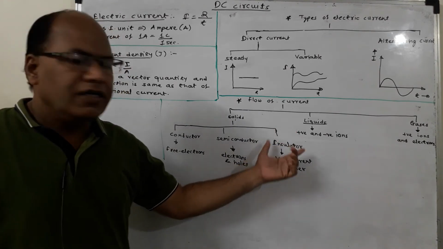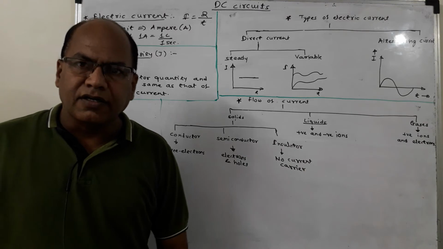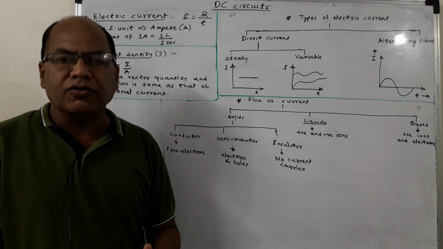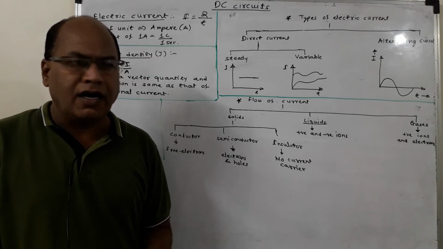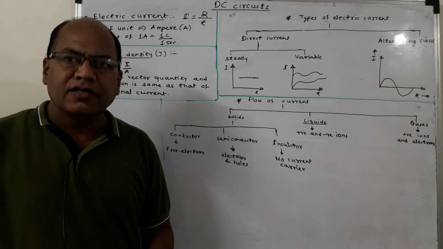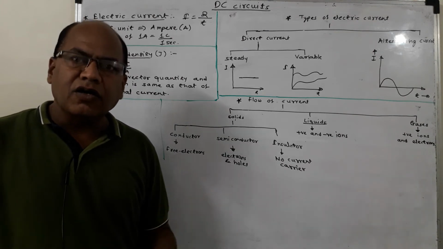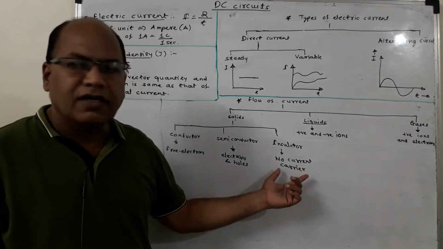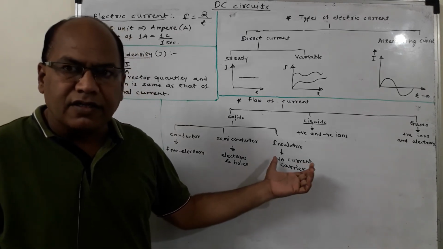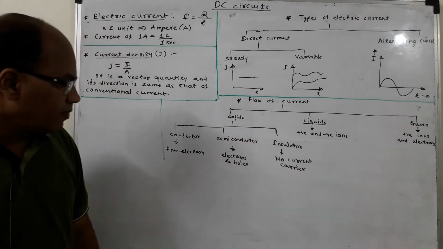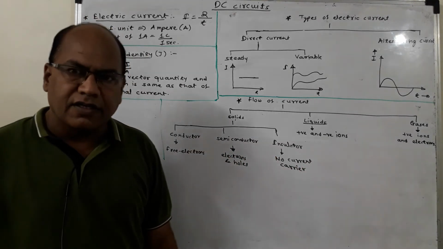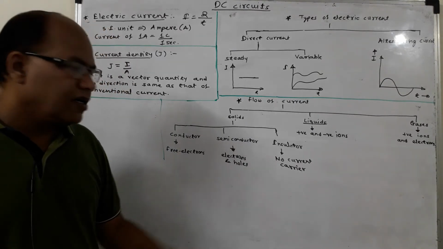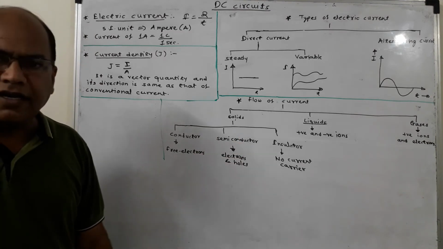Insulators: in case of these materials, the outer electrons in the outermost orbit are tightly bound to the nucleus in their parent atom. As such, these materials do not contain free electrons and there will not be any current carriers in insulators. As such, these resist the flow of current. In case of semiconductors, electrons and holes are considered as the current carriers.